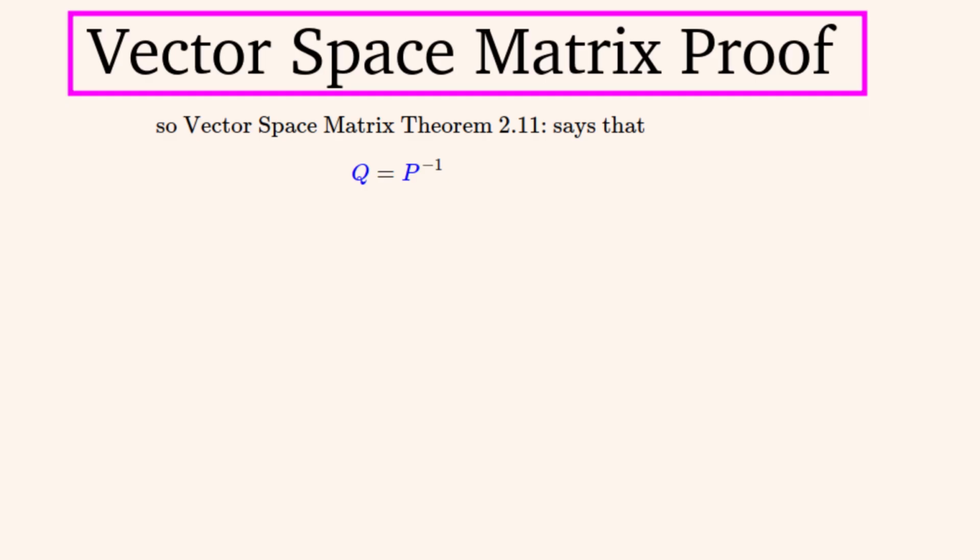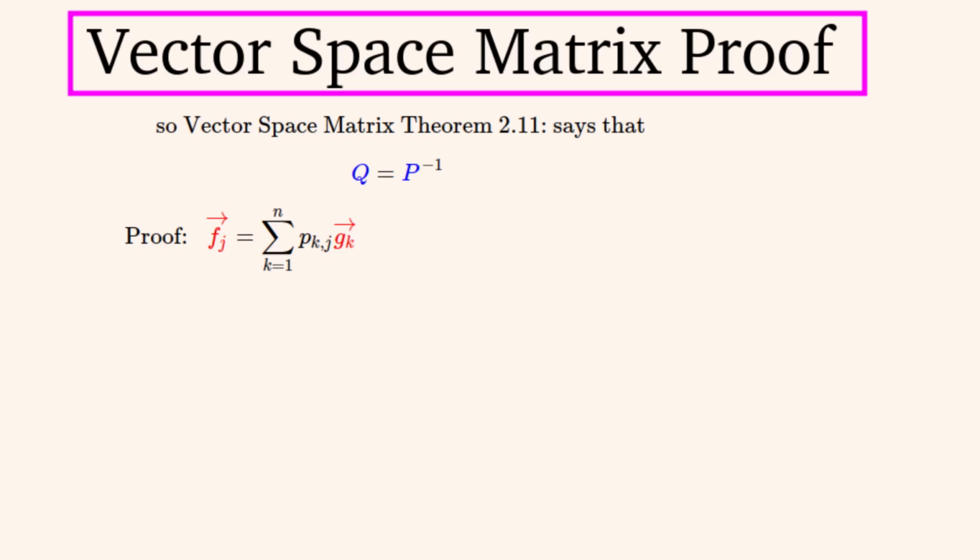So now we can state the theorem. It says that Q is the inverse of P. The statement of the theorem looks short, but we needed to define a lot of stuff, like to say what the matrices are. So now to start this proof, this is what each vector in set F is in terms of